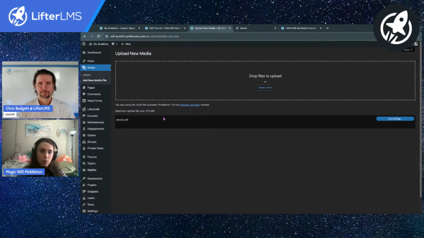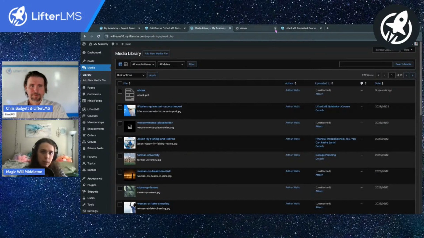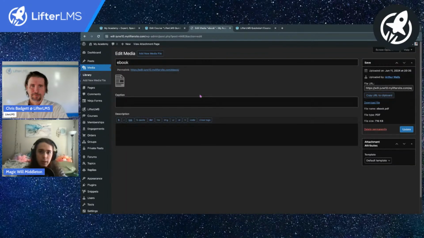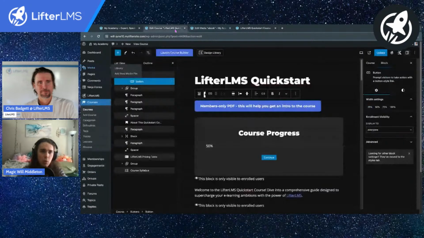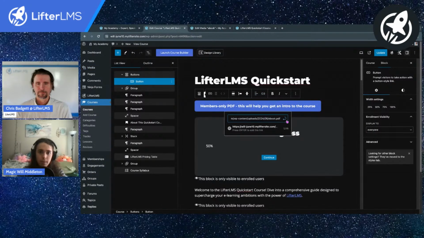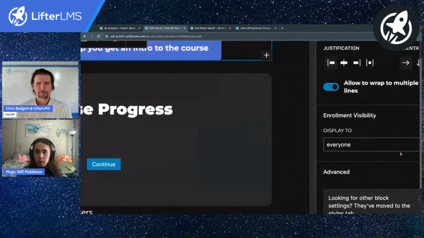There we go. So I've got my ebook PDF. Jump back to my library, and I'm going to copy the URL to this file. If you edit the file, you can see the URL right there. We're just going to copy the URL to that file, and place it as the link on our button. This way people can download the PDF, but this buttons block should only be visible